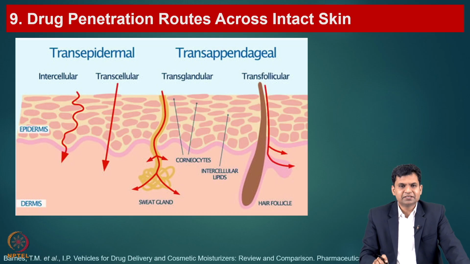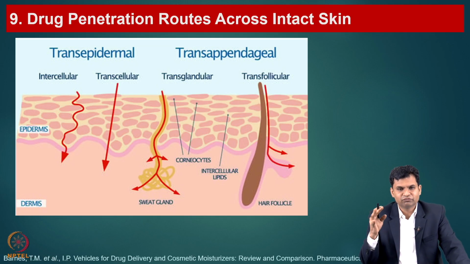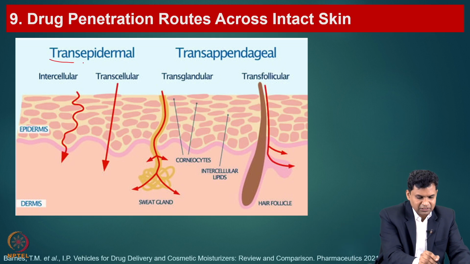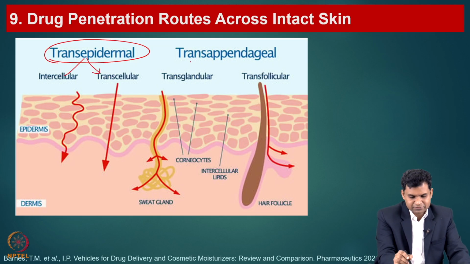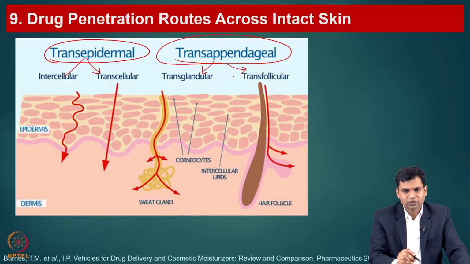Now, here are the drug penetration routes across the intact skin. So, here the transdermal application will follow 4 types of mechanism. That can be further classified into 2 things. One is the transepidermal, in which we have 2 different mechanisms, and also transappendageal, which follows the glandular as well as follicular